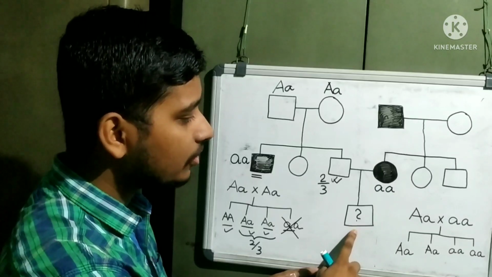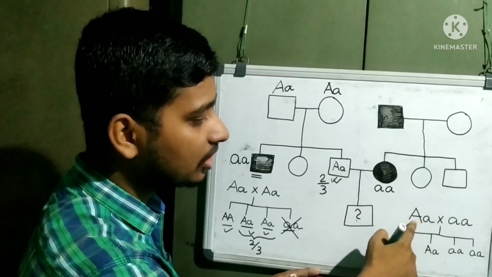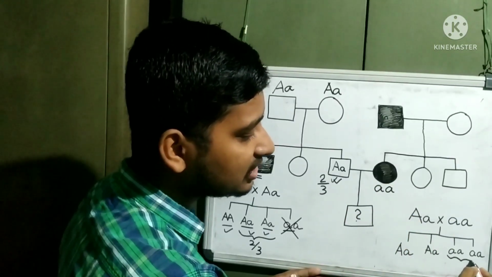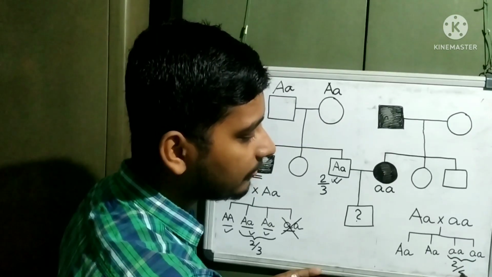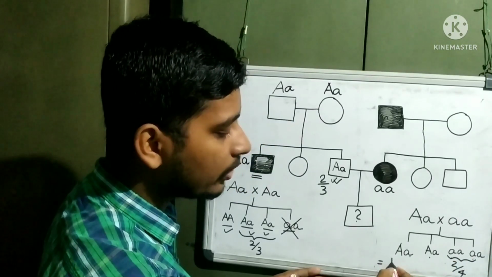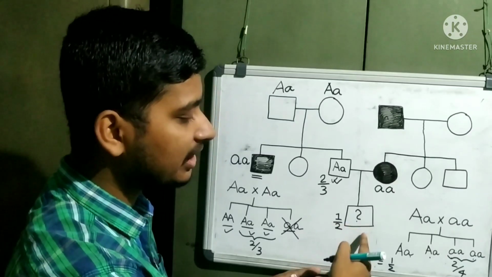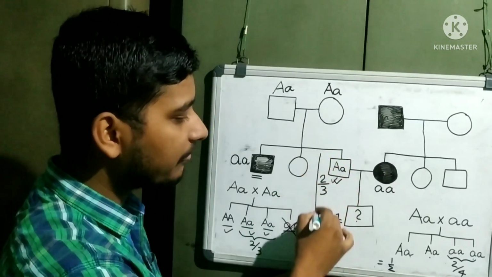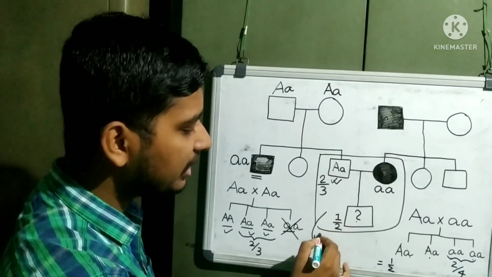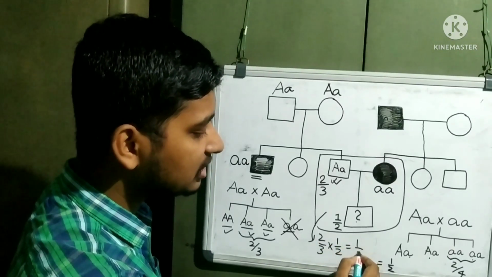Okay, so if we cross this with this, I get 4 types. This is the diseased condition, so 2 out of 4, 1 2 3 4, it means that 1 by 2, so it has the probability of 1 by 2 to be diseased. Now we have to find the total outcome, so we will multiply all these probabilities and we finally get 1 by 3. So this is the answer.